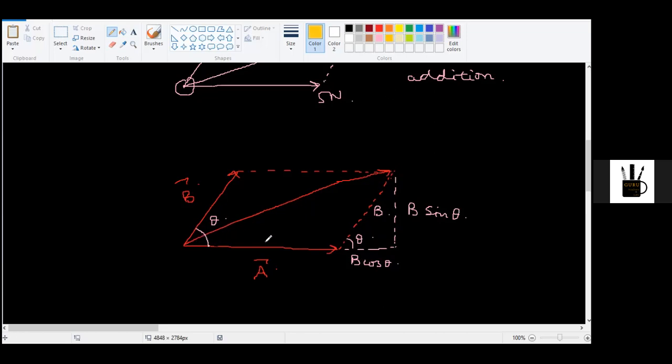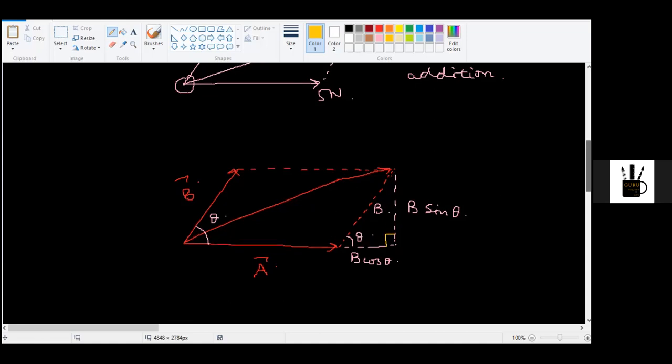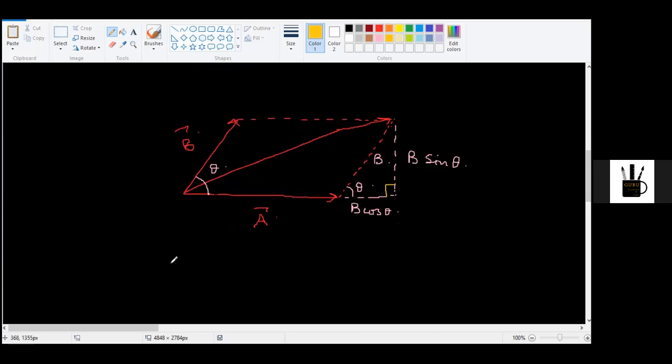If you consider this bigger triangle, this is a 90-degree triangle. Do you agree? It's a right triangle. I'm looking at this side, and this is a right triangle, which means again I can use the Pythagoras theorem. So that means, by the Pythagoras theorem, the resultant